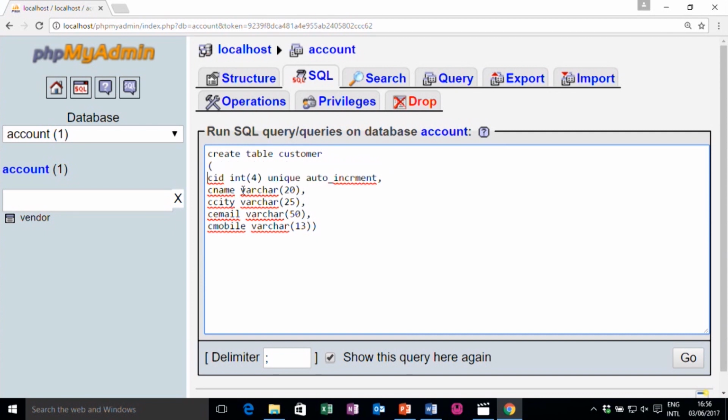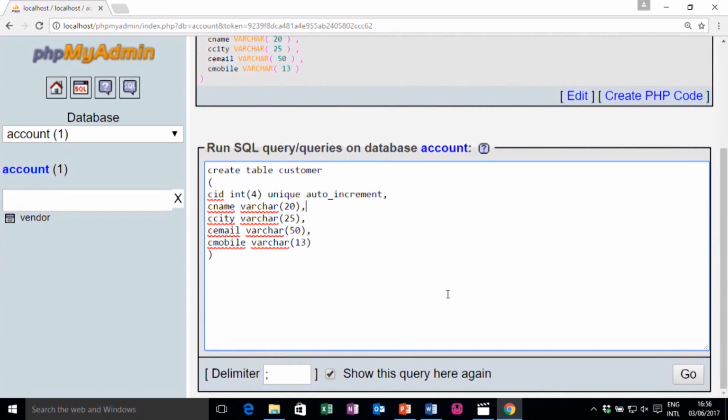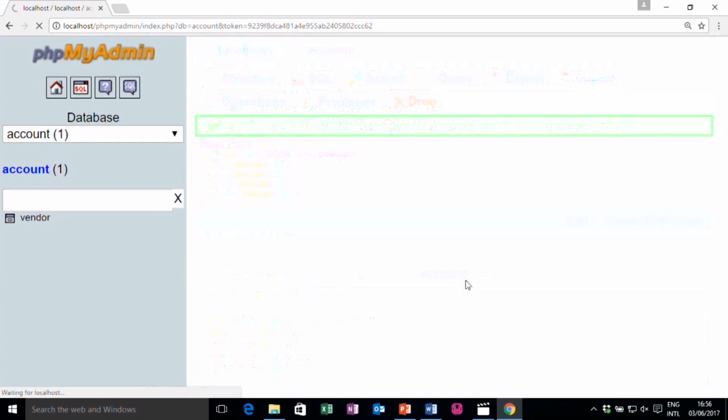Someone also prefers to write the syntax in that way, so you do not get any error. So, I create one table, customer, on the account database, click go. There is a problem with auto increase, I think a spelling mistake. So, it should be auto increment, and click on the go button.